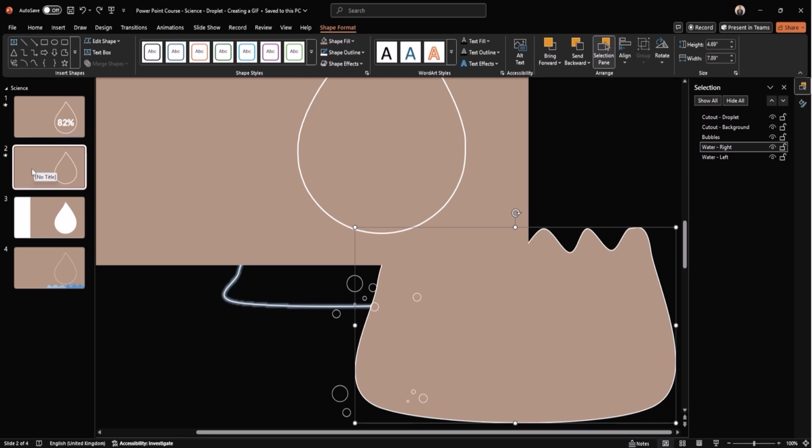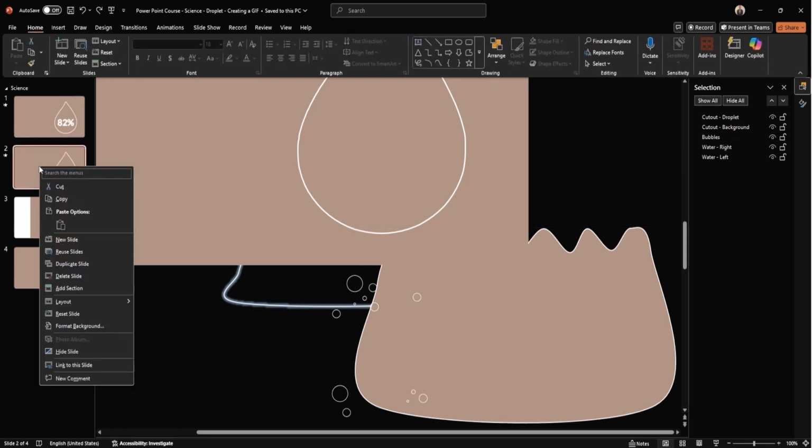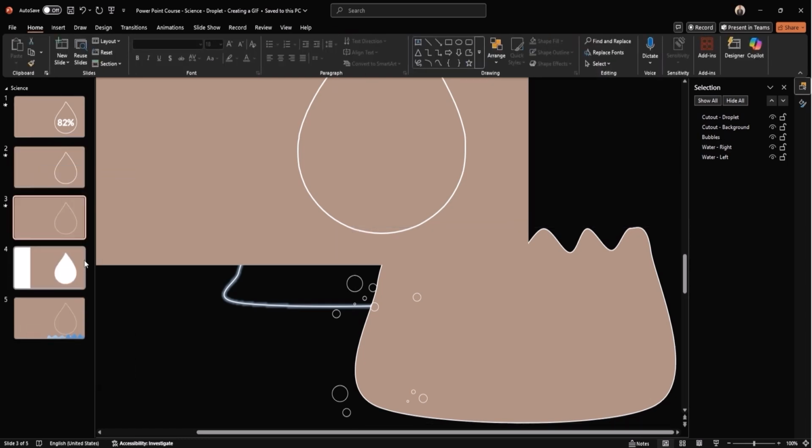We need to do the same thing one more time, but this time, reverse everything. Change all brown elements to white. Let's duplicate the slide and make the adjustments. Head to Slide 3, the one you just duplicated, and click on the background cutout. But wait, it's not a shape, it's a picture. We normally work with shapes to change colors, but in this case, the background cutout is a picture.